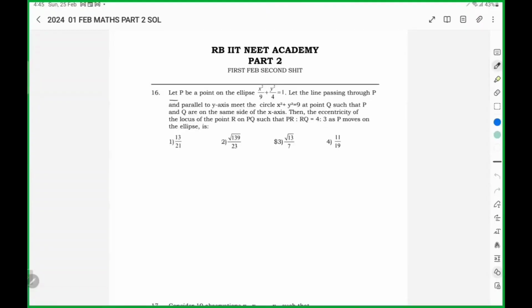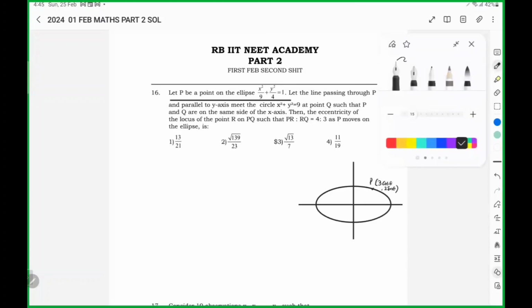Let P be a point on the ellipse. This is the major axis. Here we have the minor axis. Some arbitrary point, what I say, (3 cos theta, 2 sin theta) is a point on this ellipse. Let the line passing through P and parallel to the y-axis